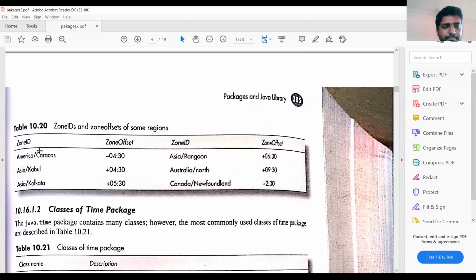For example, Asia Kolkata, plus 5:30, this is the zone offset, and Asia Kolkata is the zone ID. Zone ID, zone offset.